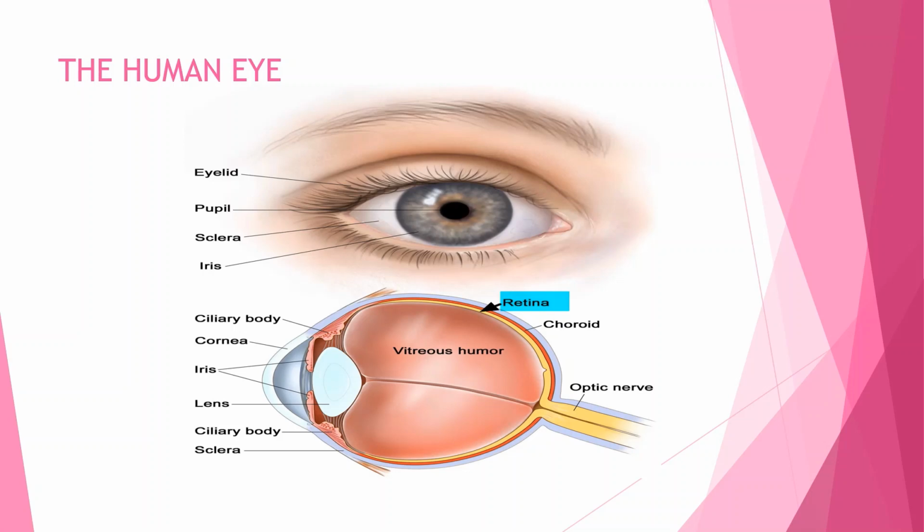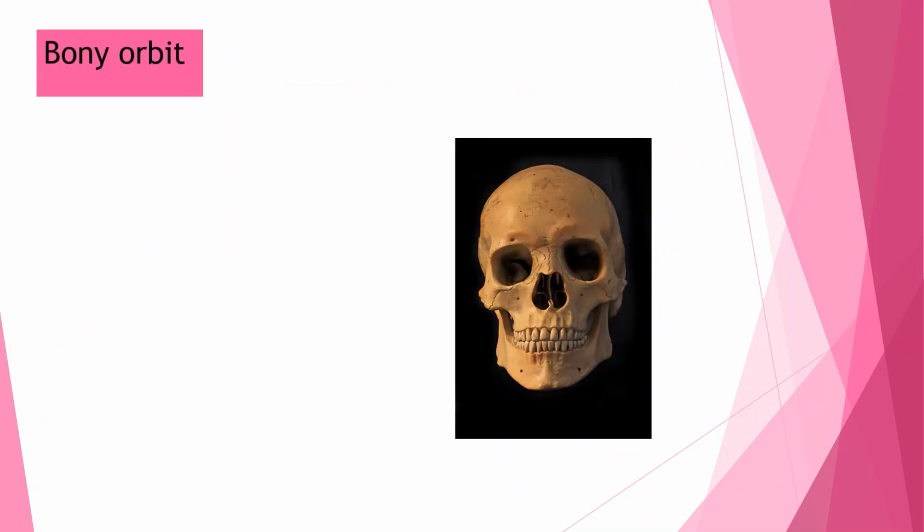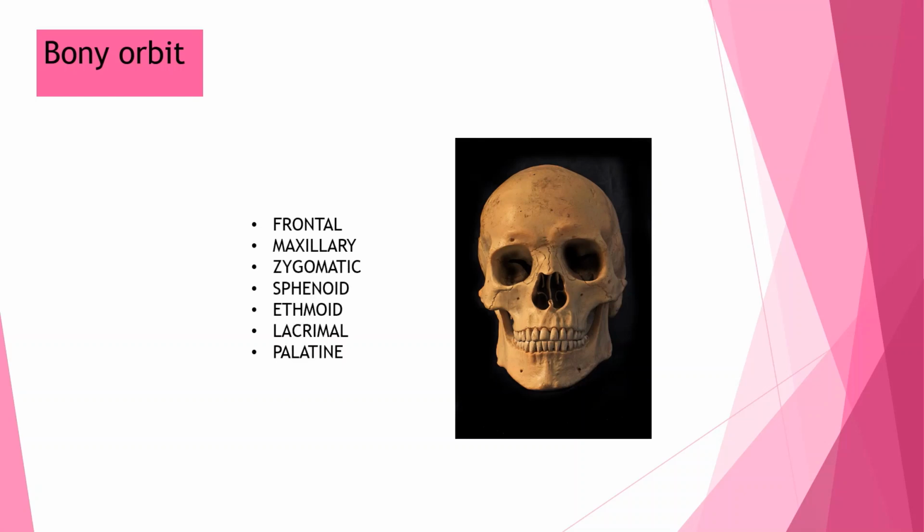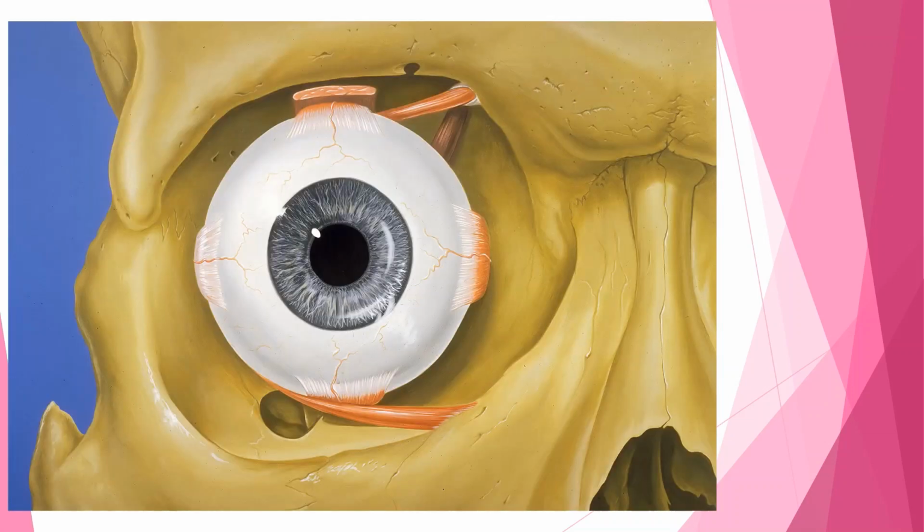We will start with the basic concept so that it will be helpful and easy for you to understand the topic very well. First, we will discuss the orbit. It is a bony cavity that surrounds the eye and provides safety to the eyeball. It consists of 7 bones: frontal, maxillary, zygomatic, sphenoid, ethmoid, lacrimal and palatine. It holds the eyeball, blood vessels, nerves, lacrimal apparatus, fat, and extraocular muscles. It has a small hole at the back through which the optic nerve sends visual messages to and from the